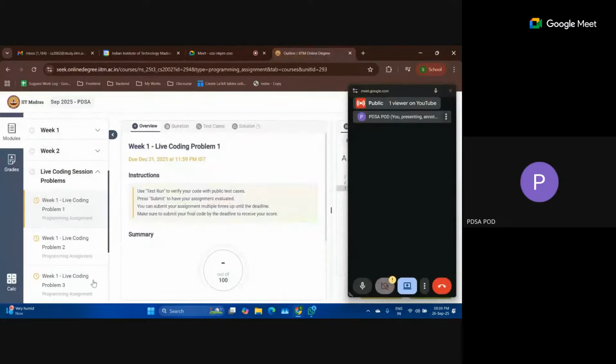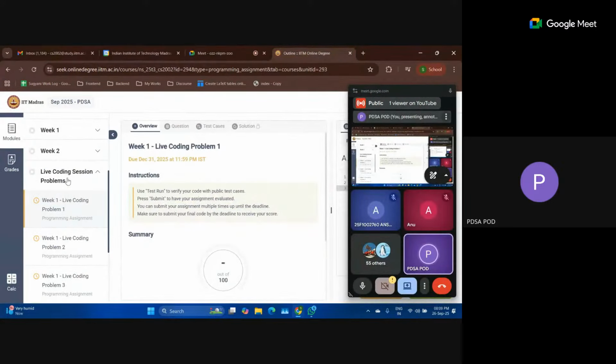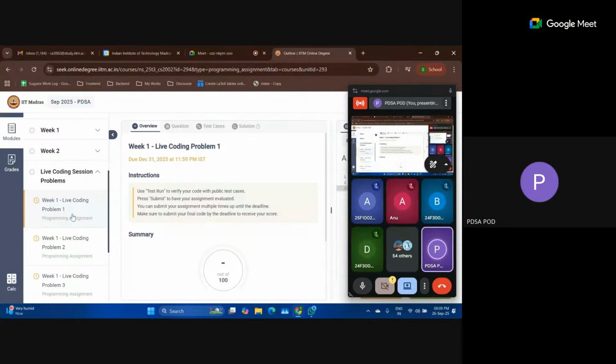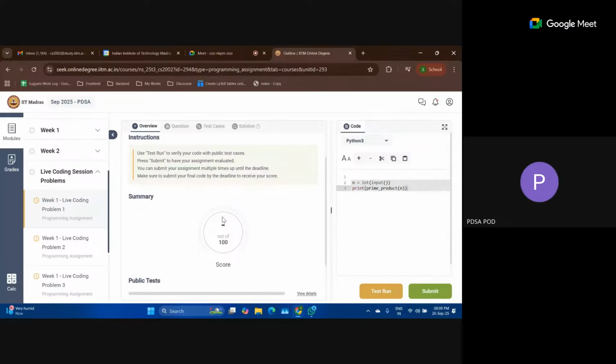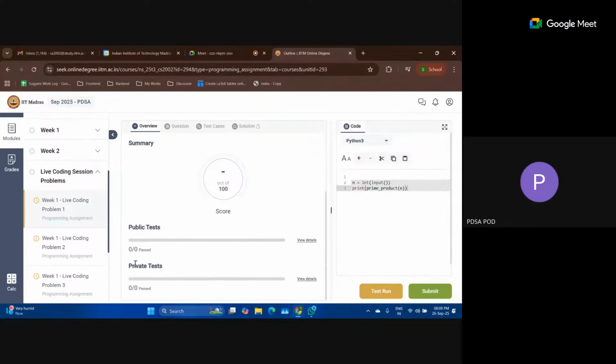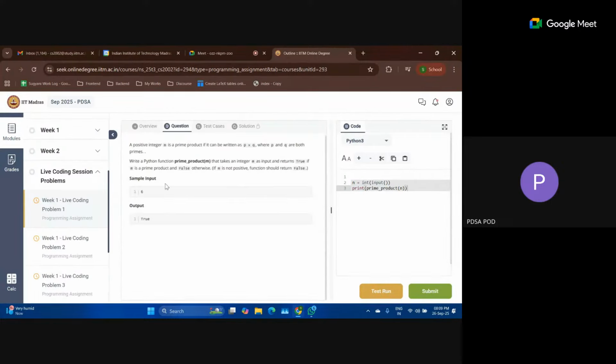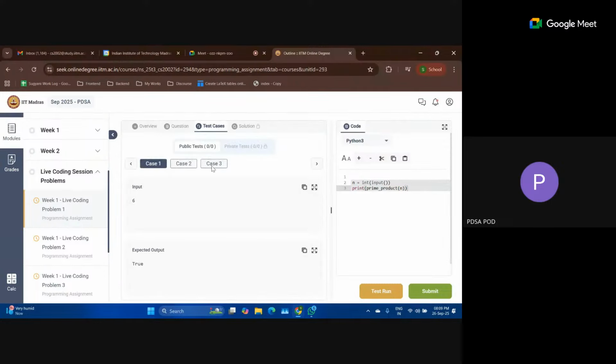When you go to this live coding session problems, you click on the problem number, whichever problem you want to attempt. Here you will see an overview of the problem, the instructions, then the summary, then public tests, whatever you have passed, the details, and the private tests details. Then here you will have the question. The test cases here are only the public tests.